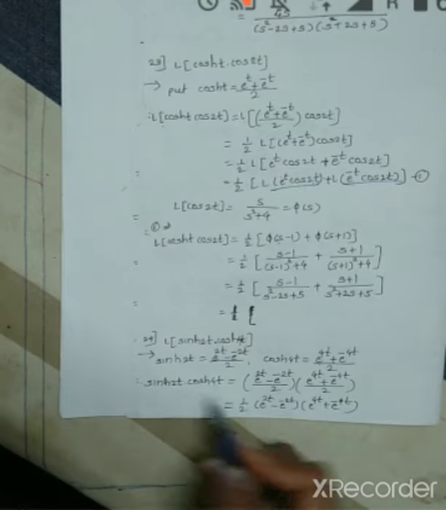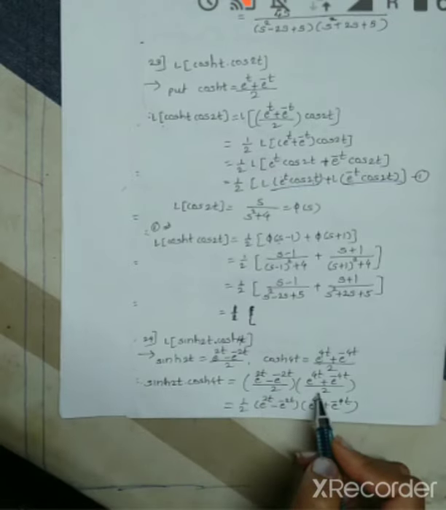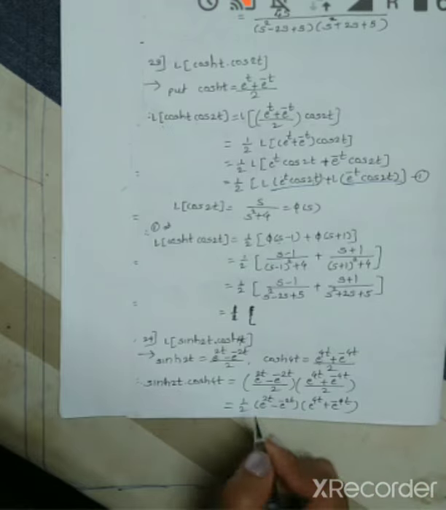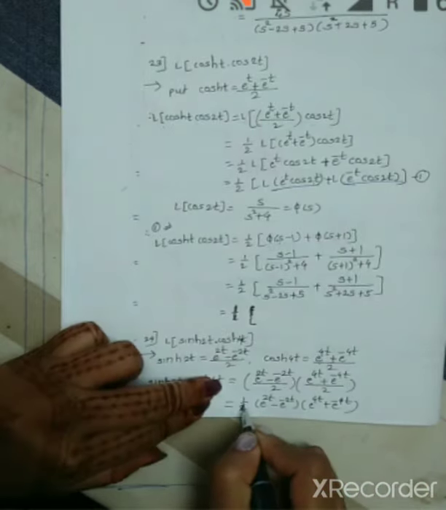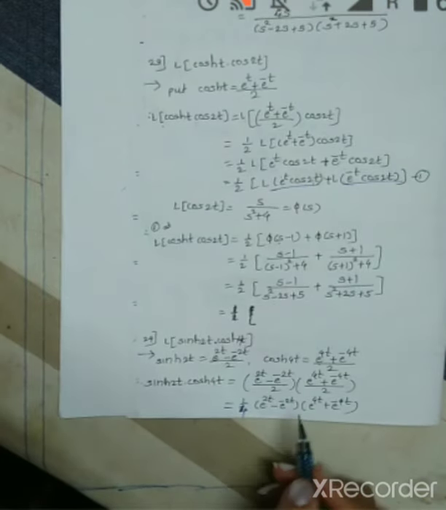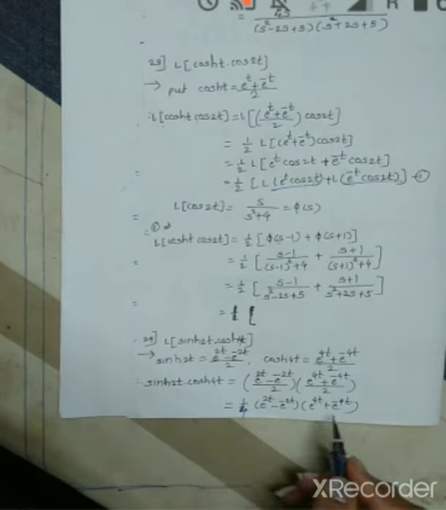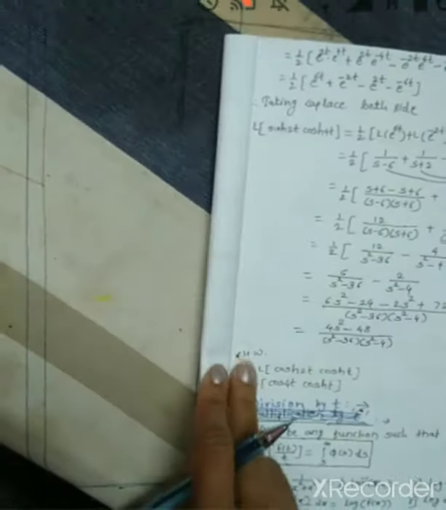For example, what we get is this bracket into this bracket. Take the constants outside: 1 by 2 into 1 by 2 is 1 by 4 outside. These two brackets are as they are in the multiplication. Now we have to multiply this bracket by each term, or simplify these two brackets. What we get,